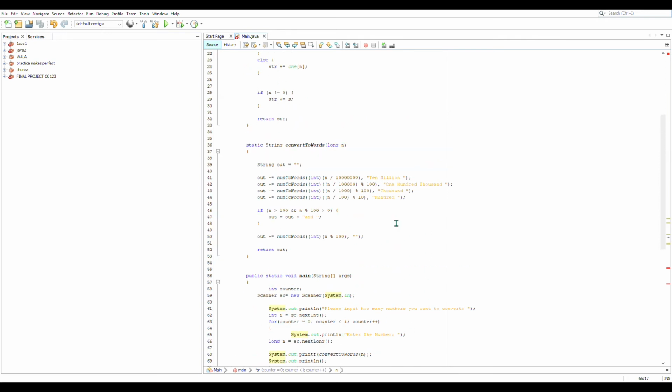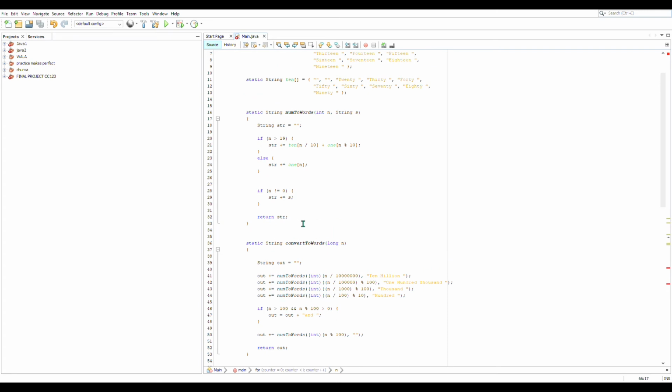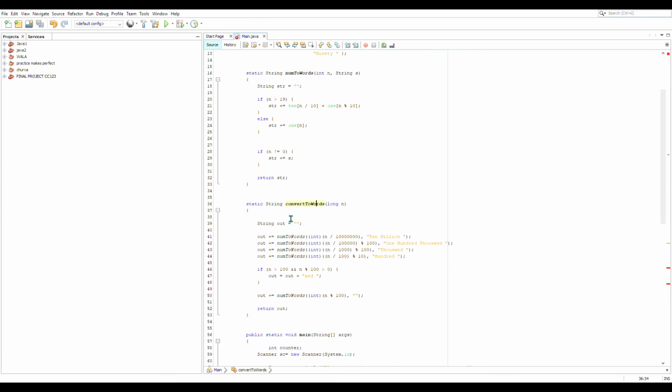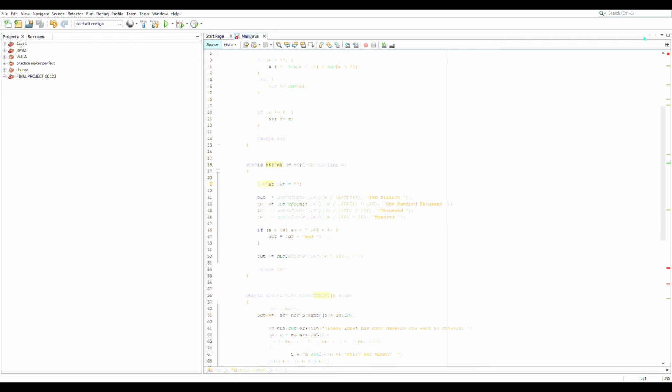At some points, guys, this part and this part are not the same. This part is num to words, so we're converting numbers to words, and in this part convert to words, it means the numbers are converted to words. And here we try to